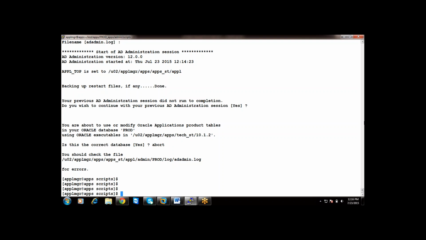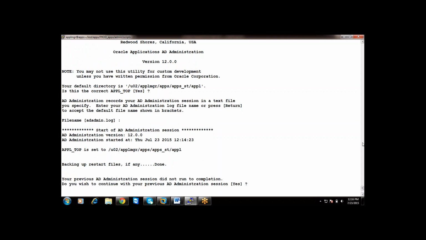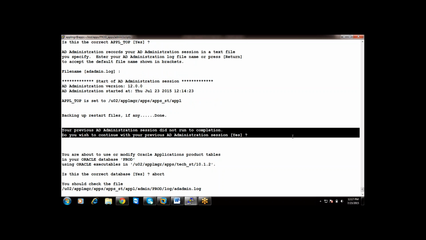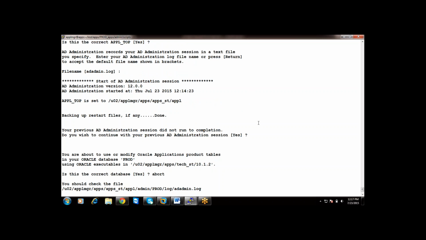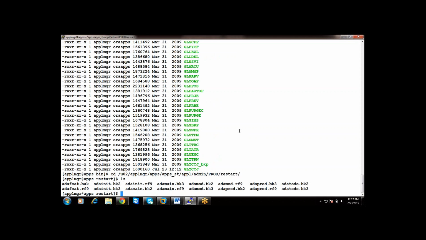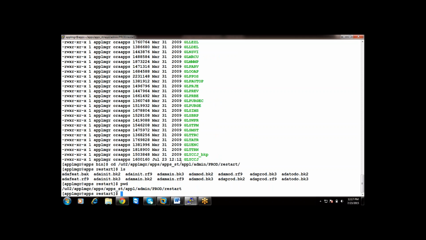Here I am showing you an example of the significance of restart files, how your restart files are used. If your previous AD admin session did not run to completion, the next time you execute AD admin, it will prompt you: your previous AD admin session did not run to completion, do you wish to continue with your previous session? If you want to continue, use yes, otherwise no. It stores the previous session's information under Appltop admin SID restart.